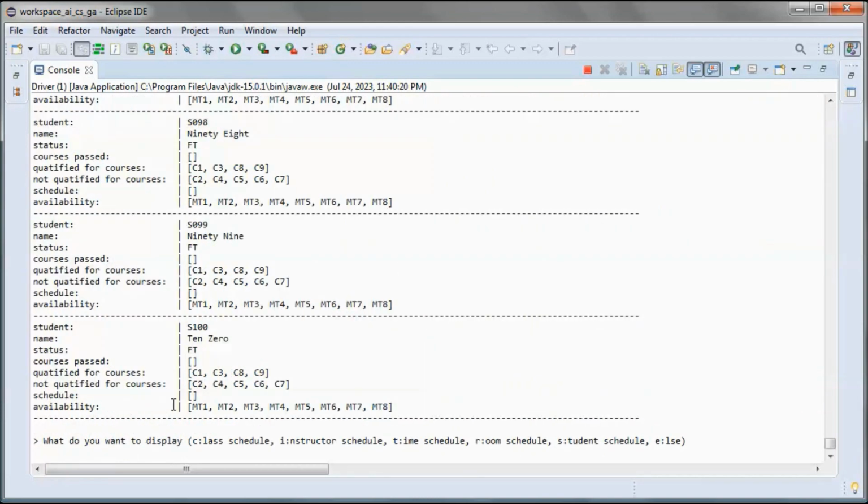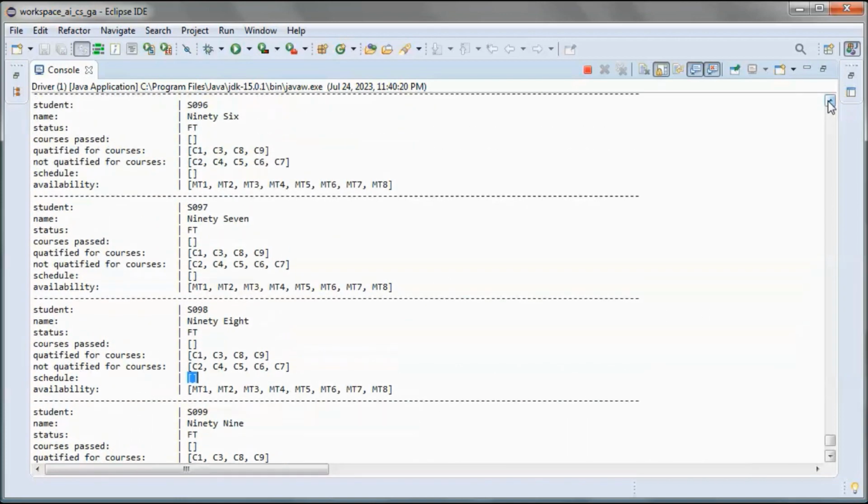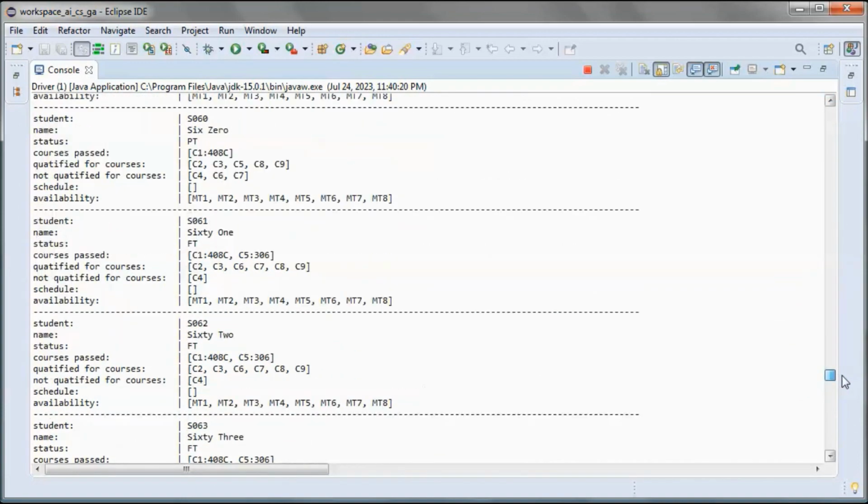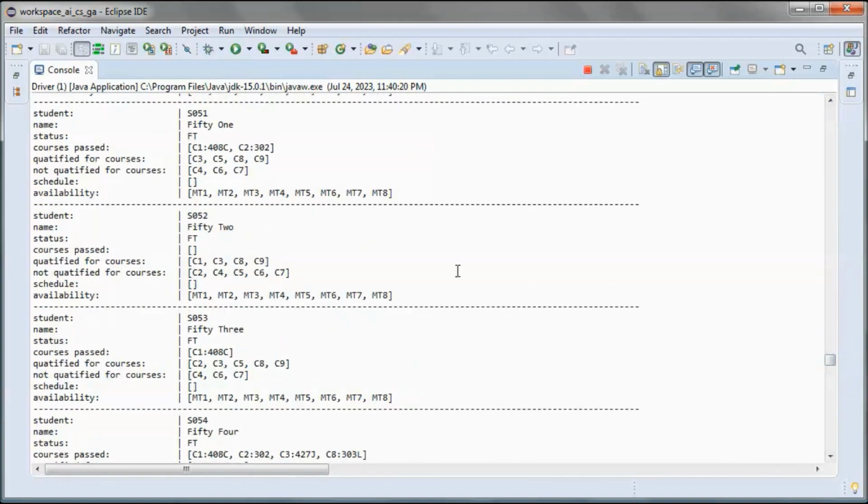So here the schedule for each student, none of them has been auto-registered for any classes. So all of the students have not been auto-registered for any of the classes.